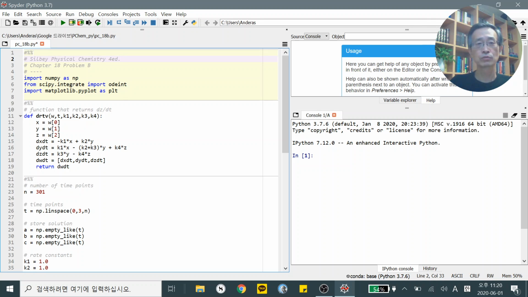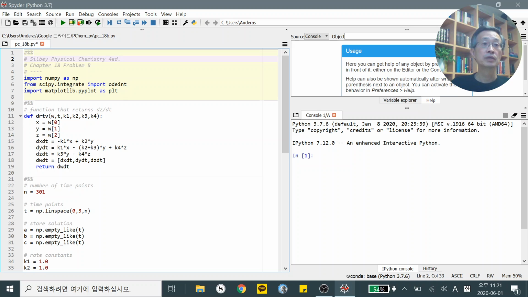I am trying to solve all computer problems of Silbey, Alberty and Bawendi's Physical Chemistry 4th edition. I've done just, I think, 3 or 4 chapters only. Well, time is really budgeted here. Anyhow, there you can find this code and other problems too. So firstly, there is a chapter 18 problem. That's the same as our consecutive